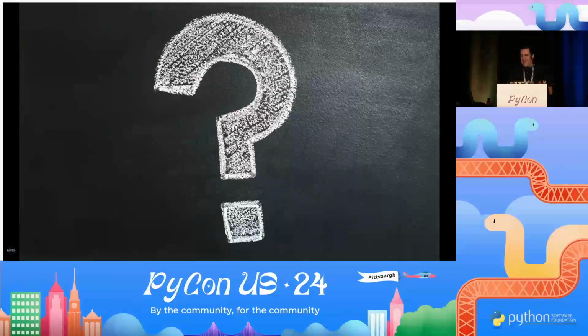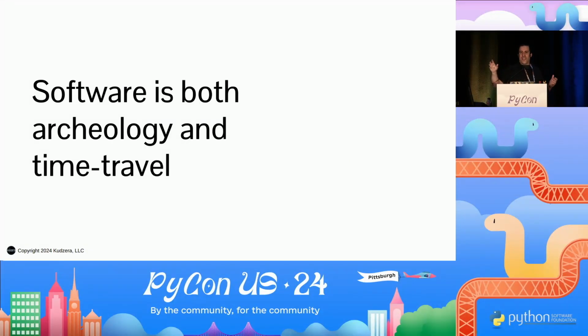I like to say something about software development. It is both archaeology and time travel. It's archaeology. You're looking through the past, trying to determine the will of the ancients of why did they put this code in here? Why did they use a linked list? I don't know. You're trying to divine their intentions. But it's also time travel. We have to communicate to the future when we develop software. There's going to be people who are going to come after us, and they are going to be doing archaeology